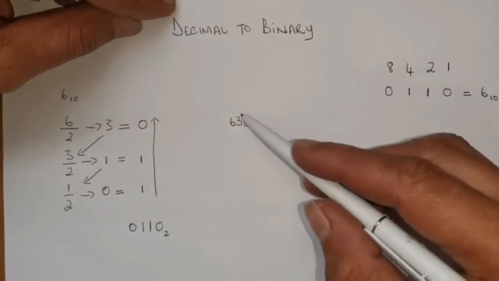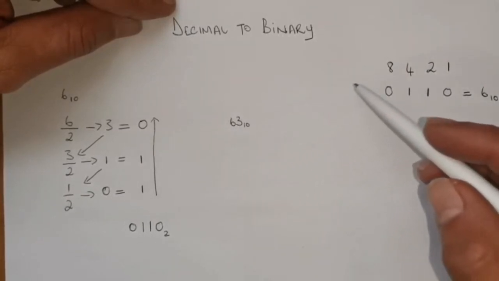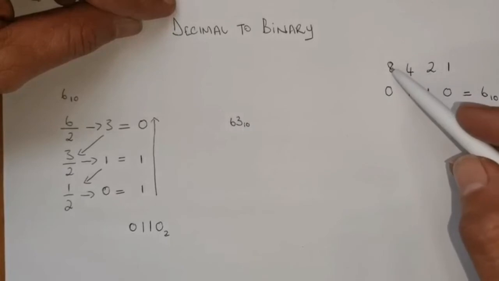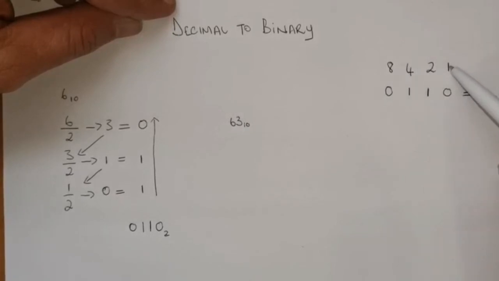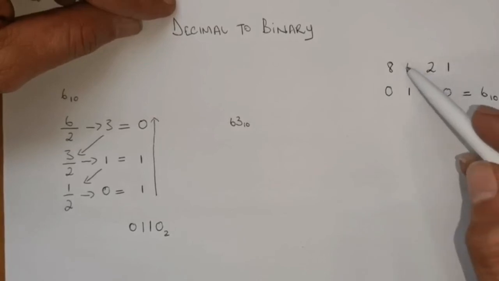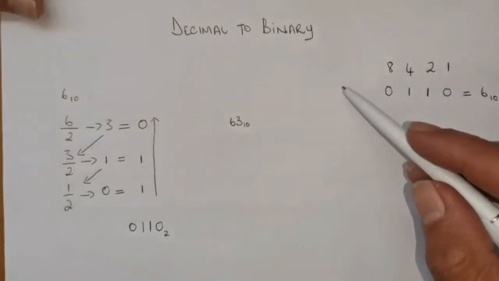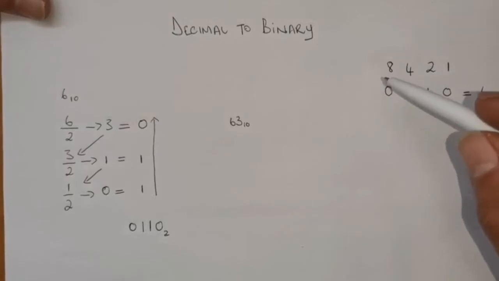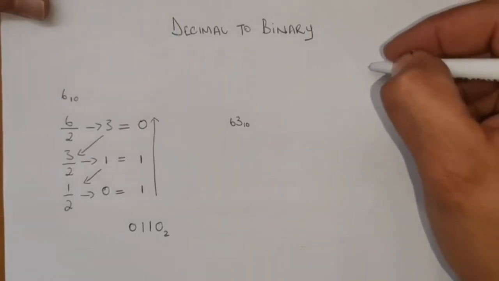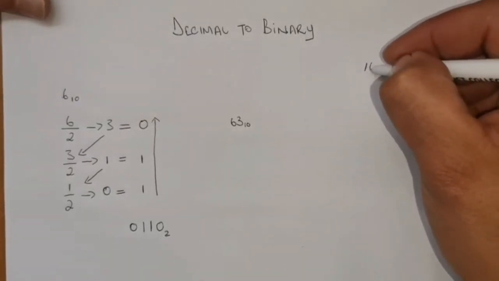You can see that the number is much bigger than the values. If I add this code together, I'm going to get 15, which means I need to extend my code. When I extend my code, I always multiply by 2, which means this will be 16,